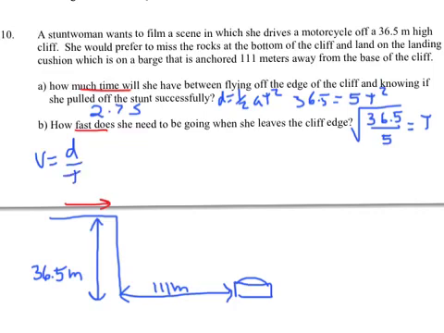Now, the horizontal distance that we need to achieve is 111 meters. So that's going to go here, 111. And how long is she in the air for? She's in the air for 2.7 seconds. And 111 divided by 2.7 is going to give me 41.11. We'll just call it 41 meters per second. She goes off that cliff at 41 meters per second and falls for 2.7 seconds. She has pulled that stunt off